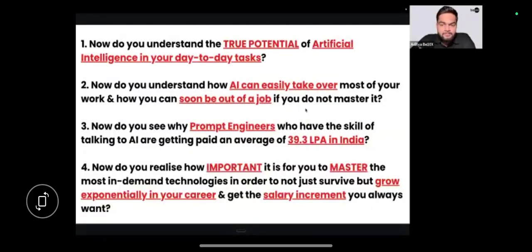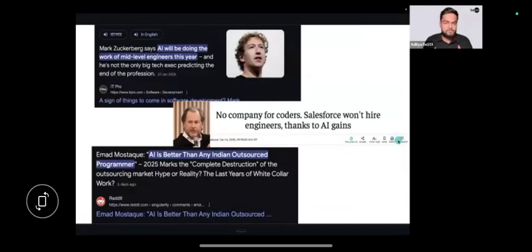So if you don't learn AI, it doesn't matter what profession you have, what experience you have, or what company or what country you are working in, you are eventually going to lose your job. And we just saw a demonstration of it in the past 1-2 hours, right? So that is what is happening right around us. And that's not just me saying it.